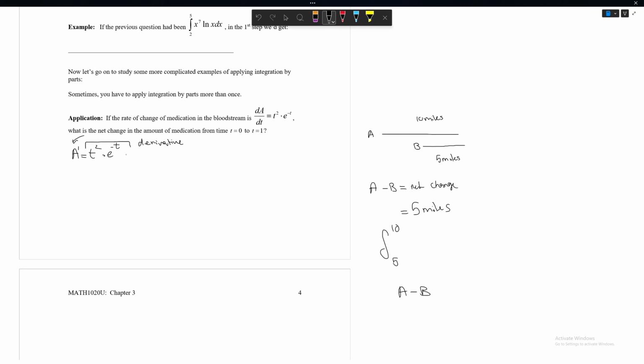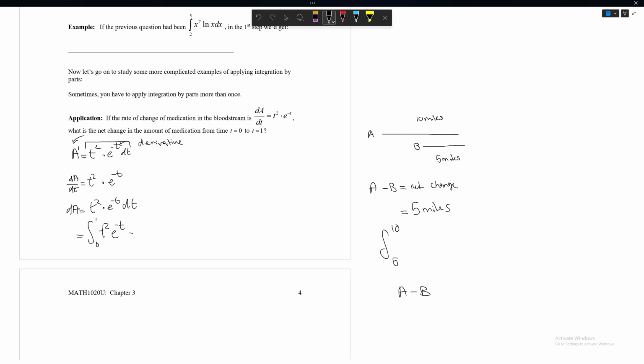You cannot integrate if I don't have a dt. Remember, this is in terms of t, so I need a dt. I have dA over dt. I'm just rewriting it, taking dt to the other side. Now I can integrate and get the change, which is from 0 to 1 of my t squared e to